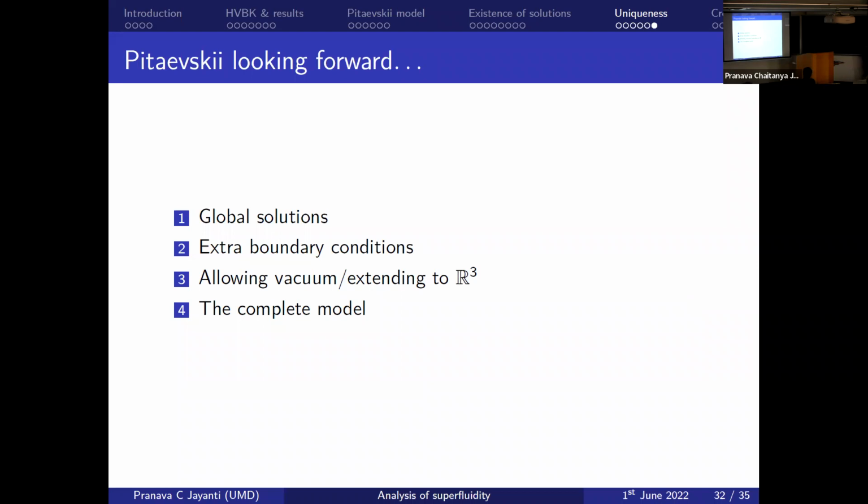So can we extend our analysis to allow for the density to be 0 at some point? And if we're able to do that, that's useful because then we can actually extend our results to the whole space too. Okay. And of course, what we considered, the Pitevsky model I showed you, was a slight simplification of